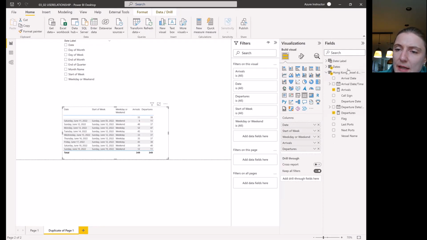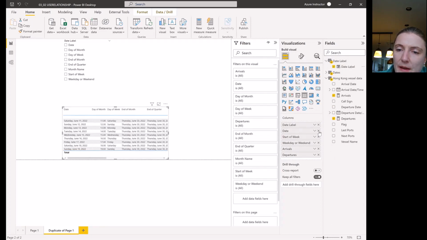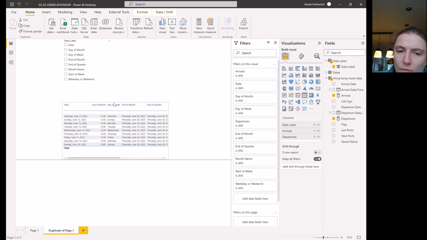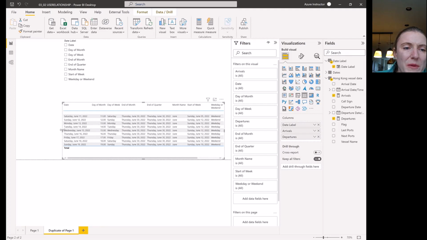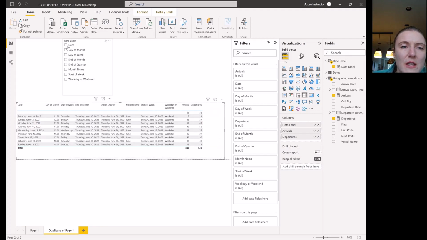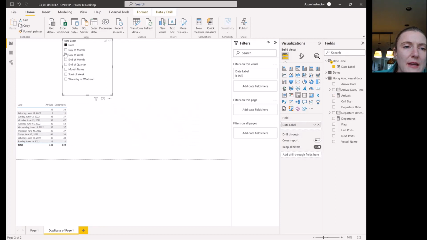So if I want to change this, what I instead will want to do is I can just add the date label to the columns. And then I'm going to remove the other fields so that I have a date label, and then I have the arrivals and departures. And so right now we see a whole bunch of fields, and the reason is because we don't have anything selected. So if we choose the date, we can see that now we only see the date in these row labels. And then, right, we can also change this to the day of the month,